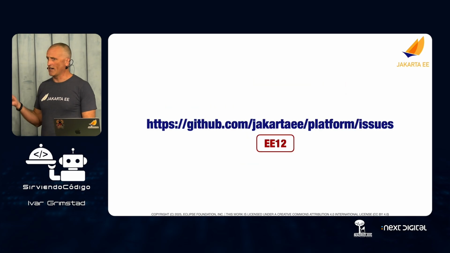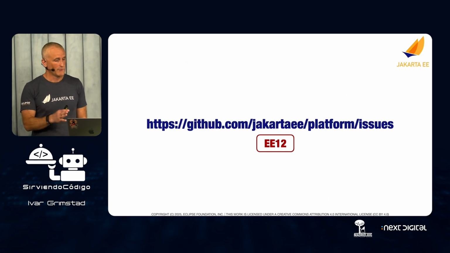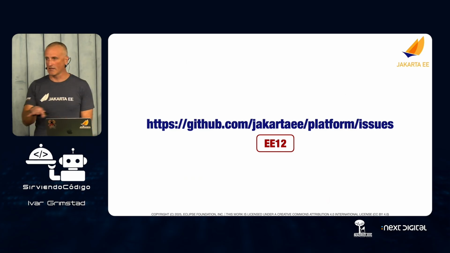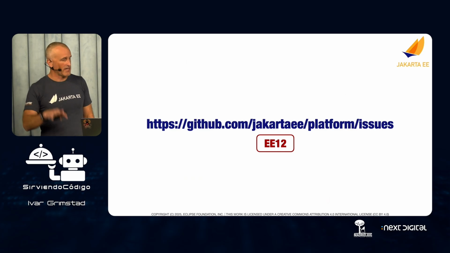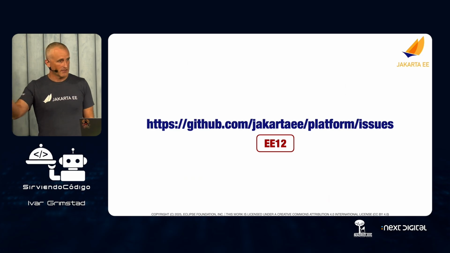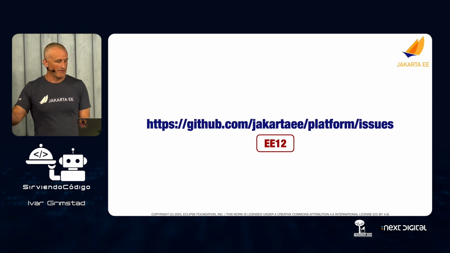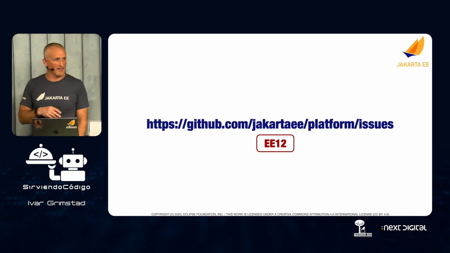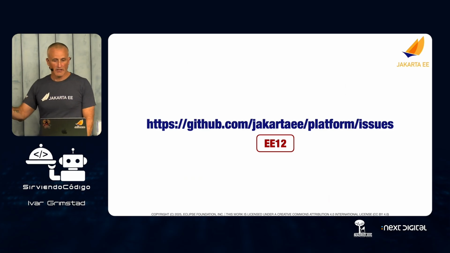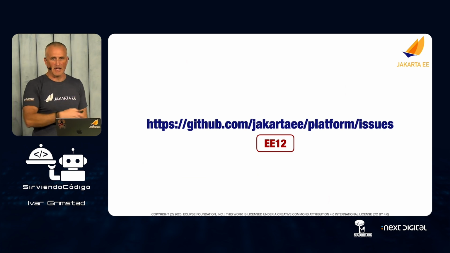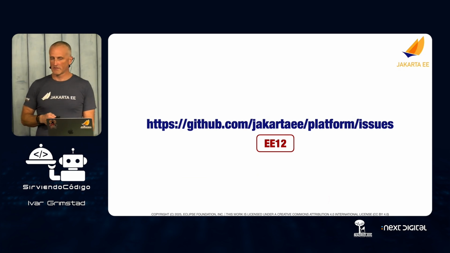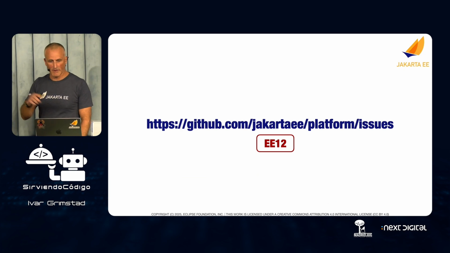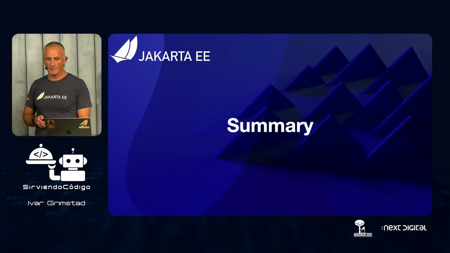If you want to check out what we're talking about, we're labeling all the issues that are being discussed or candidates or thrown out for EE12 on our GitHub issue tracker, labeled EE12. And if you want to add an issue, just add an issue and ping me and ask me to add the label. So then it's up for discussion. So you can filter on this label there.